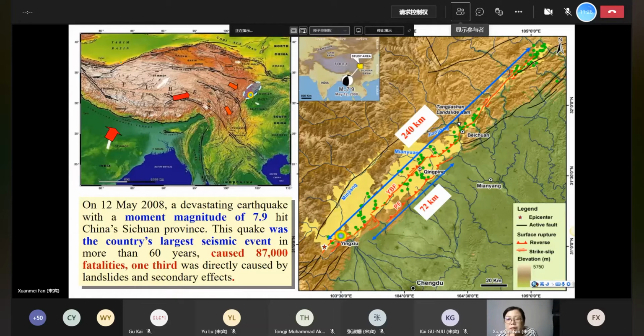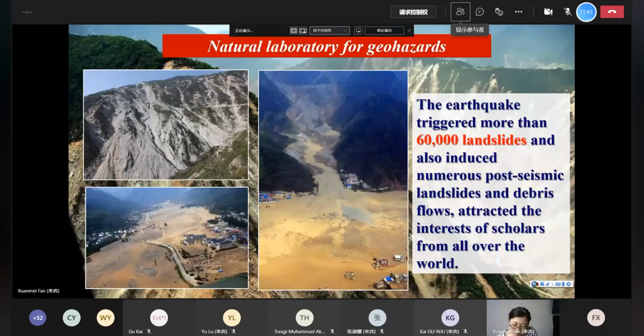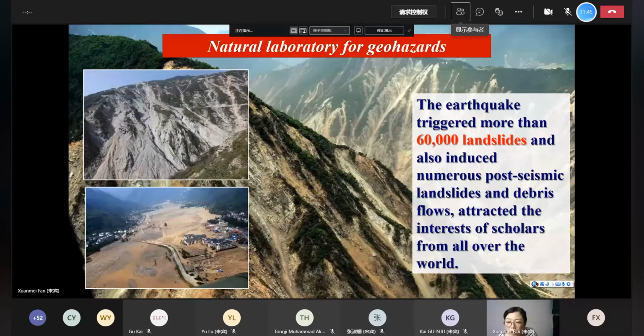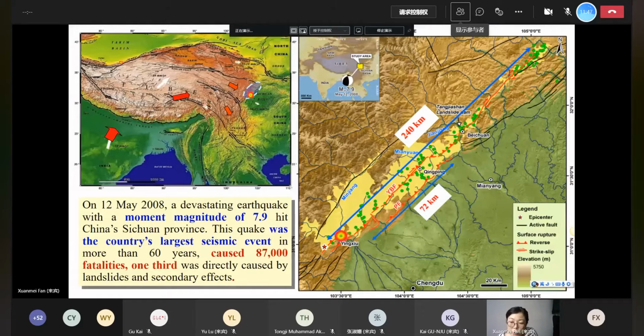So this is just a piece of animation to give you a direct feeling of a type of earthquake-induced chains of geological hazards. So some landslides in the vicinity of rivers can block the river and form landslide dams, and the dams can fill, especially when you have heavy rain, and then cause further flooding.